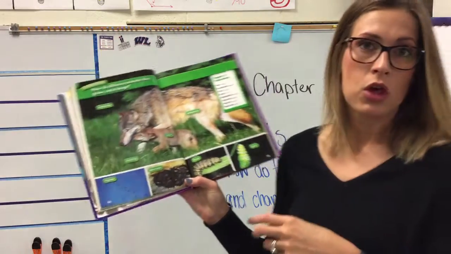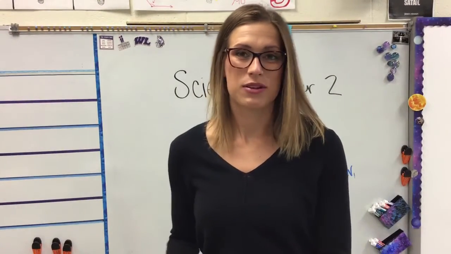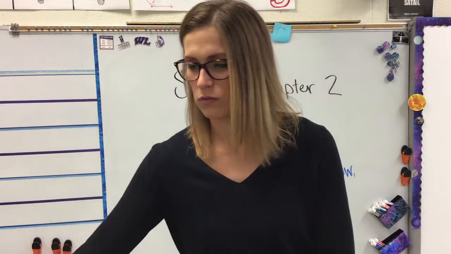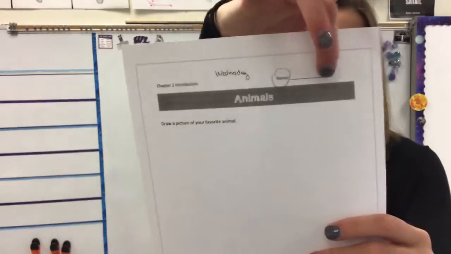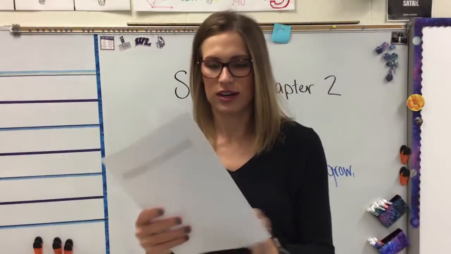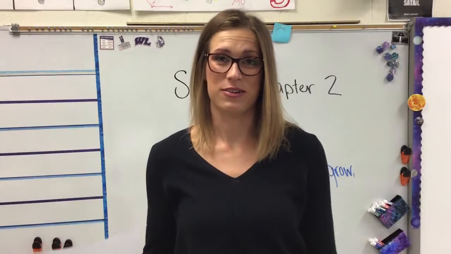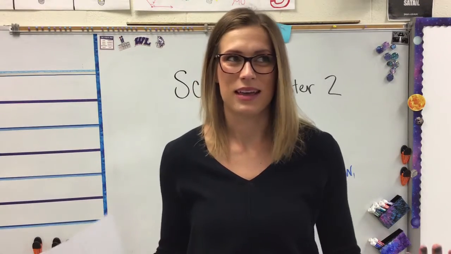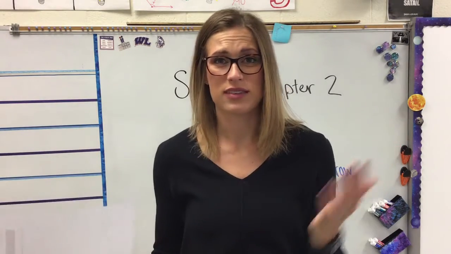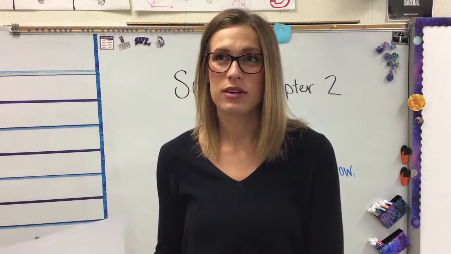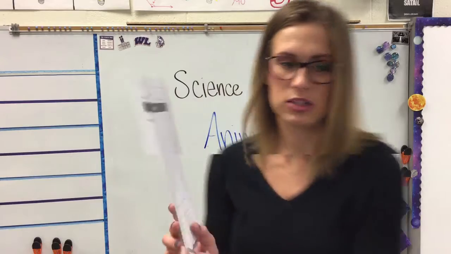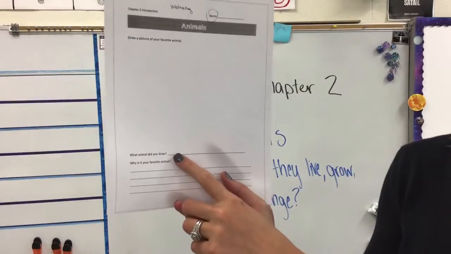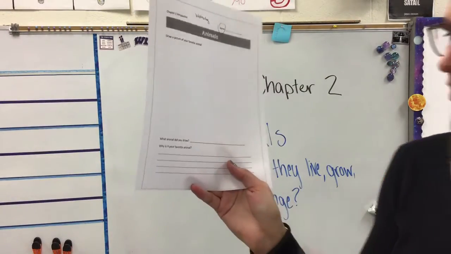All right. Well, as we get started on animals, first I wanted to know something about you. So in your worksheet for today, we've kind of got a fun little activity. It's Wednesday. Make sure you've got your name at the top. And the instructions just say, draw me a picture of your favorite animal. Now, think big, okay? Think about all the wonderful animals God created. All right, think which one's your favorite. Then at the bottom, I just want you to tell me which animal you drew. And then tell me why it is your favorite animal.